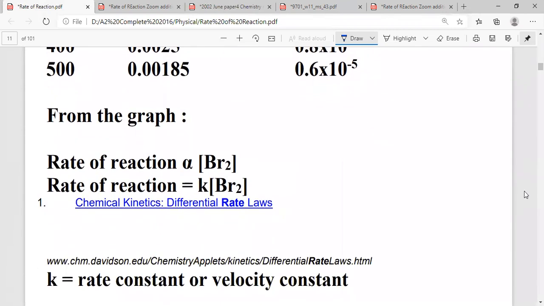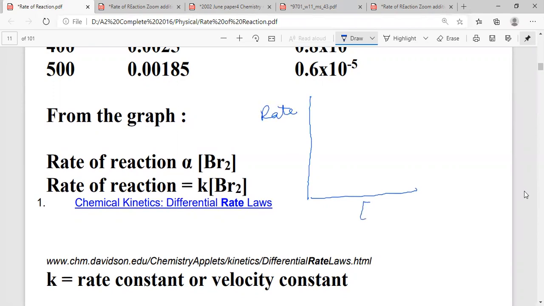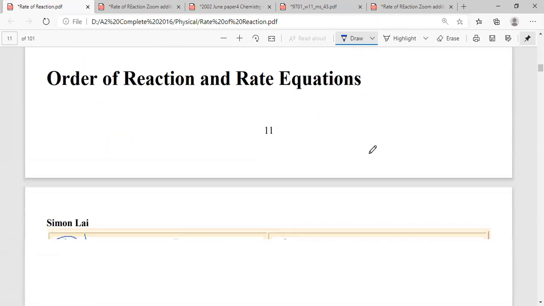Rate against concentration of Br2, you will get a straight line graph. It shows you that it is first order. Now, secondly,